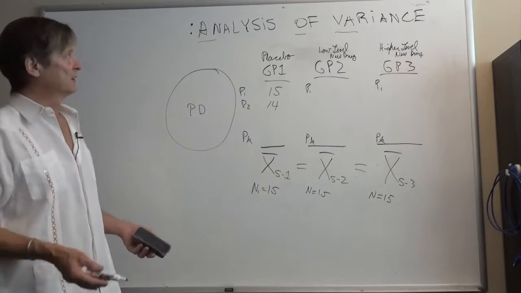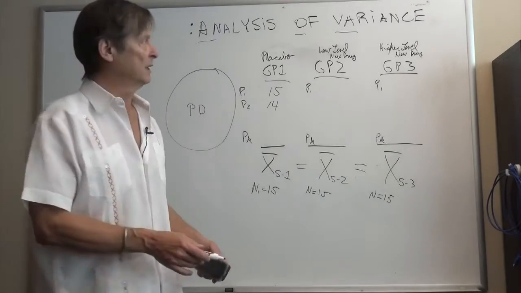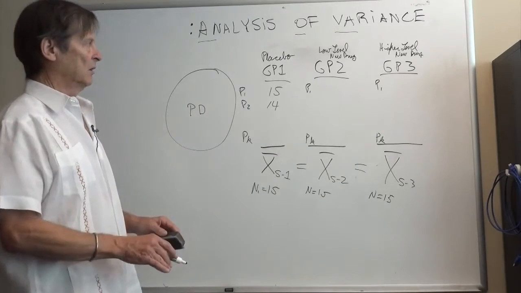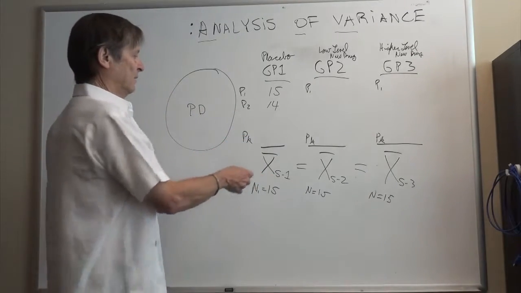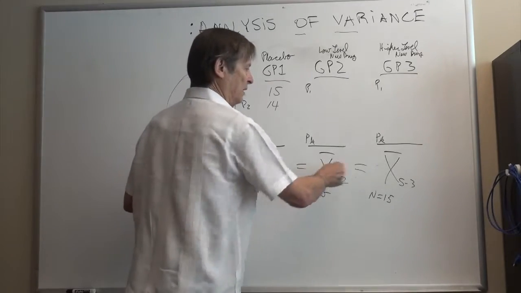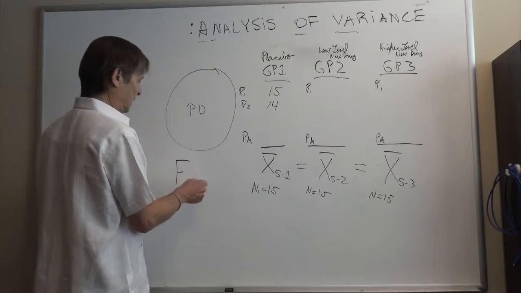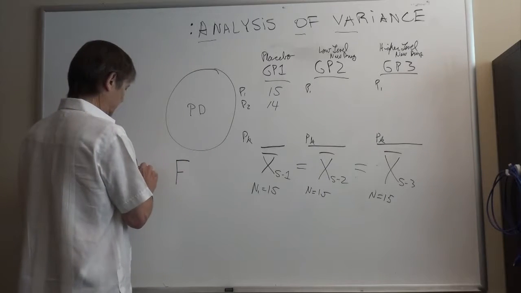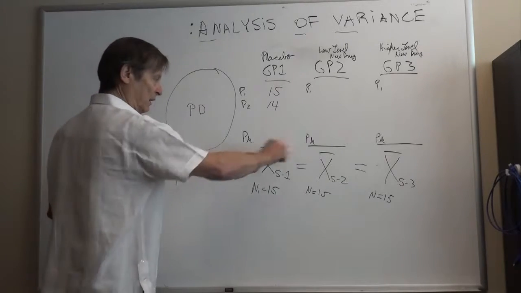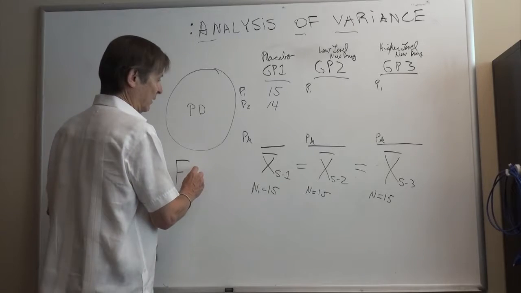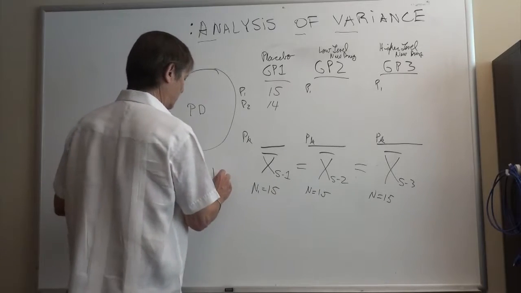We'll go through all the steps of the analysis of variance. We'll form a source table, as I do in chapter 9 of my book, and you'll look at the source table to see whether there is a significant F value. Now, if these means vary beyond chance, what's going to happen is that F value that we obtain, our derived F value, or obtained F value, will, if there's real differences and the drugs are working like we hope, hopefully it doesn't make it worse, because that's a possibility,